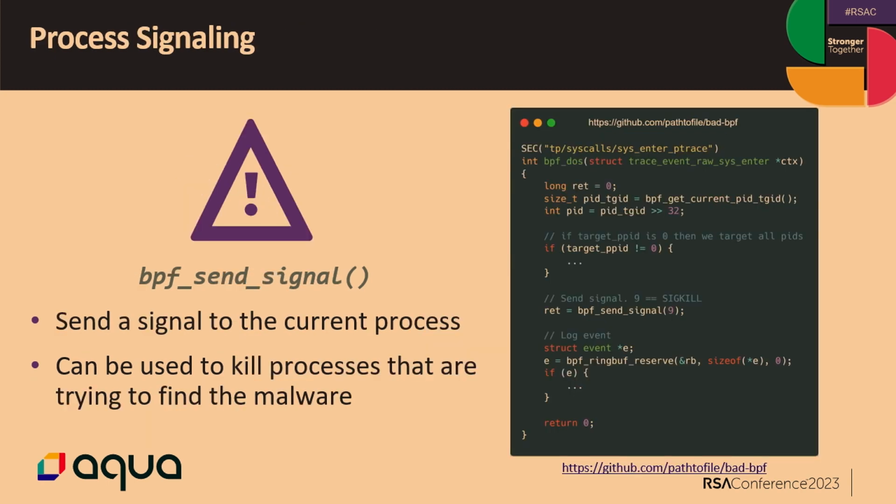And last but not least, send_signal. This is what attackers use in order to kill a process which is doing something that they don't want. For example, if a user wants to run lsmod to see which kernel modules are loaded, or ls or something of this kind, they can just kill the process altogether, and the user won't get a response. This is also related to the last part, and we're going to see it in a second.